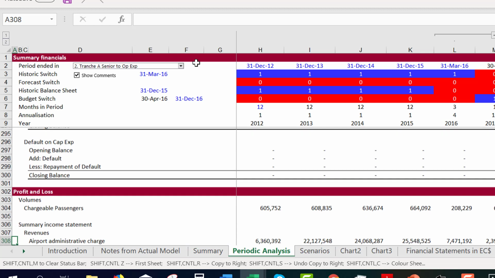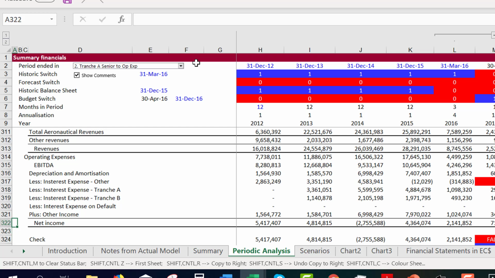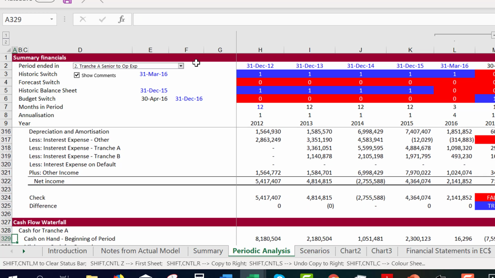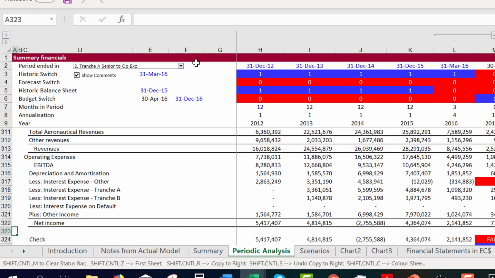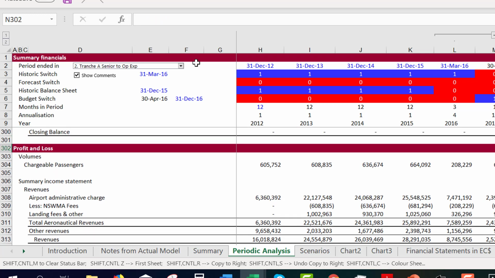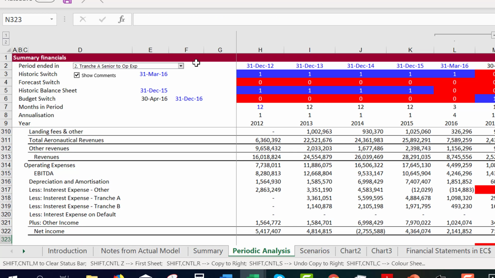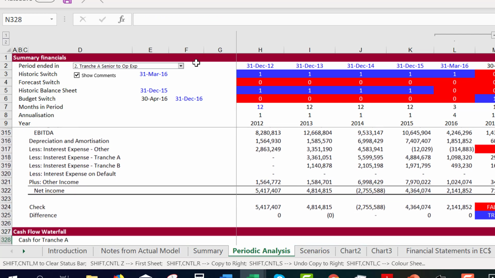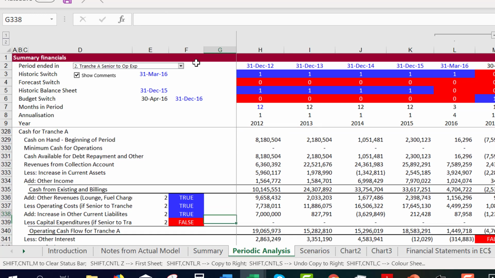And then we just make a forecasted profit and loss, and we make a forecast. I'm a little embarrassed about all these checks, but the forecasted profit and loss is just normally, but this time we have both history and forecast, and that's what we really want to do. And we show what the passenger numbers are and everything else. And now what we'll do in just 1 minute is we're going to take this and make this whole thing into an annual model. But before I do that, I want to go through the real cash flow waterfall.